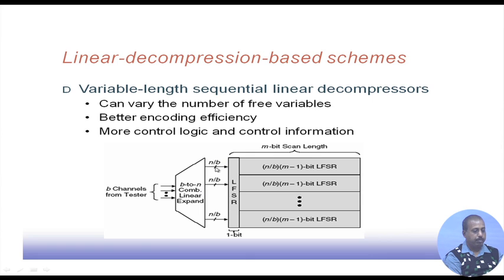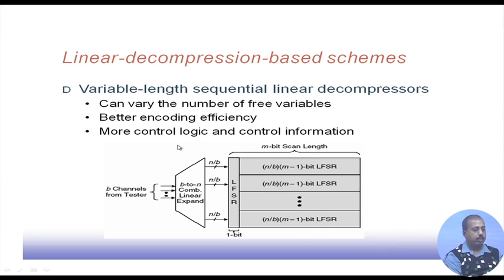Out of these n bits, it is divided into B number of channels, each of them having n by B bits, and they are fed into this LFSR. One bit will be taken from the LFSR, and then it further feeds n by B into an m minus 1 bit LFSR. The remaining m minus 1 bits will be taken from this LFSR, and the 1 bit will be taken from this. That way different scan chains will be fed